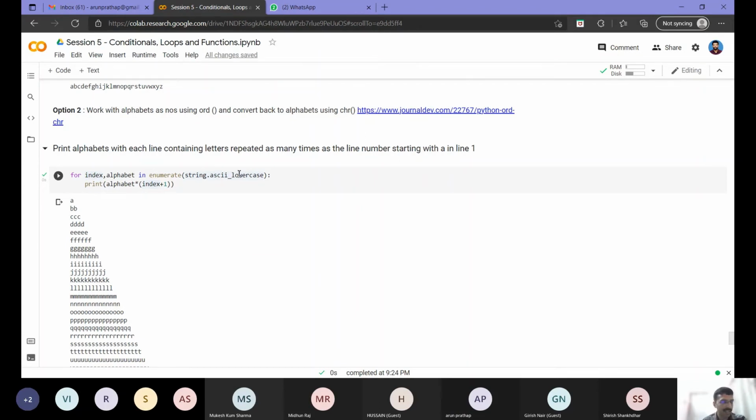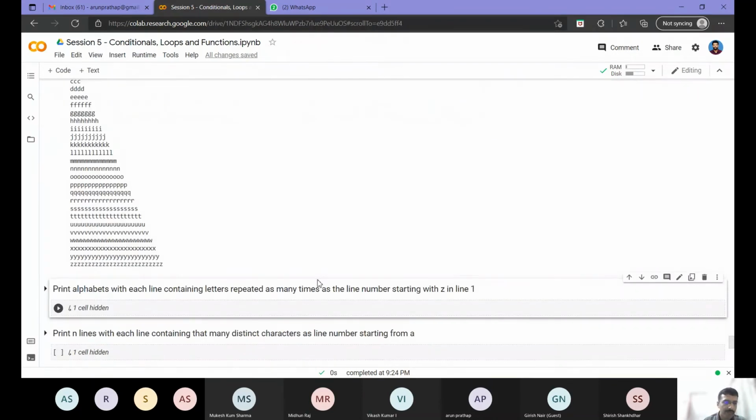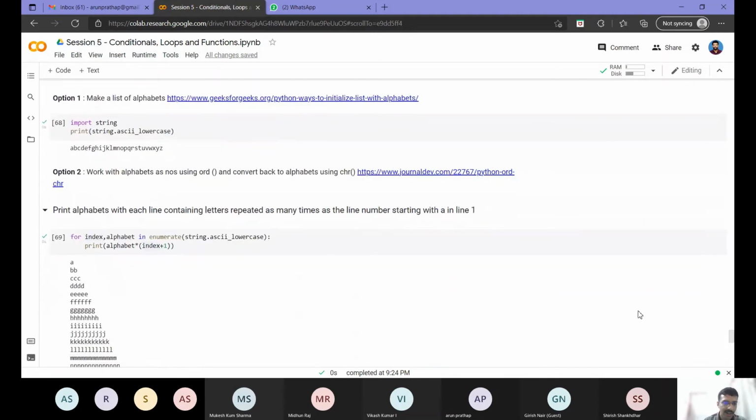Like I have 26 characters followed by 0, 1, 2, 3 in my string. Then this enumerate will give 0 after 27, after 28 it will give 1, and so on. So after the Z, those will come. 0 will come 27 times, 1 will come 28 times. That kind of way the loop will proceed, as long as there is some valid thing in whatever iterator you have passed here. Clear, right? Vikas?